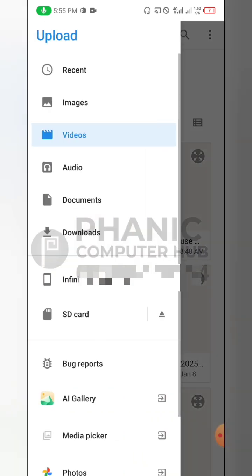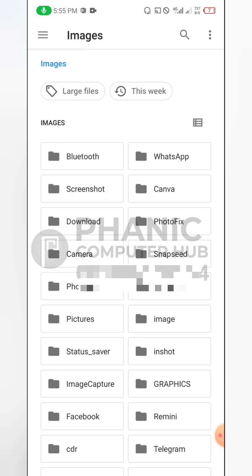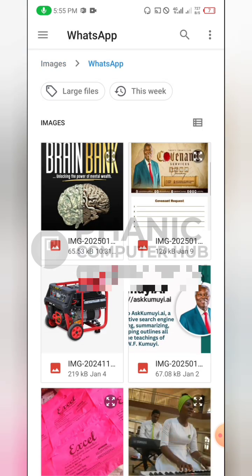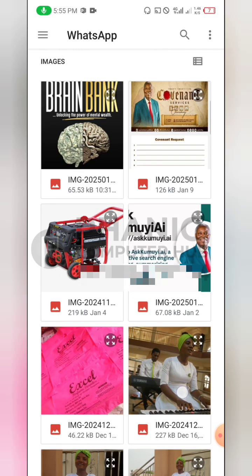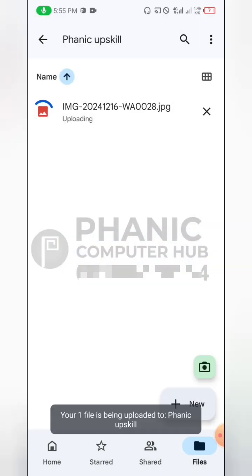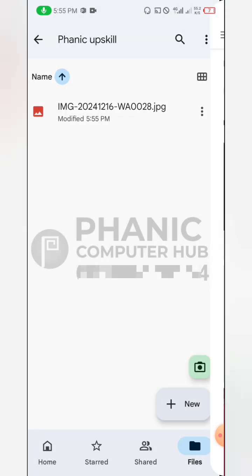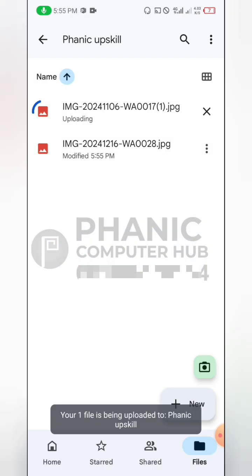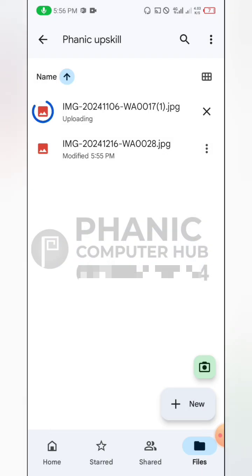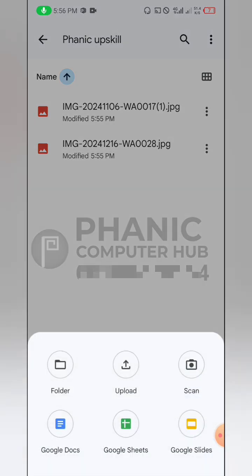Click here, go to images. I look out for images. Let me upload this file. I click on it, or maybe this one. I click on it. It's uploading. Okay. If I want to upload another one, I will click here, click on upload, select this one. It's uploading. Okay. So these are images, but if it's a video, remember,